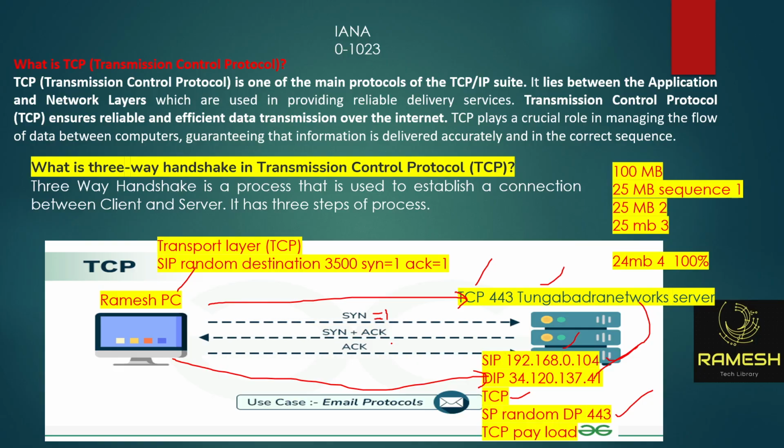In a real-time scenario, you are trying to ping the server IP address 34.120. That is layer 3 reachability, but you cannot establish the application. If you try to browse it, the web page is not loading, but you are able to ping the server IP. You are not able to load the application. So ping is a layer 3 protocol. It will check only layer 3 reachability, not the application. What is the application? This is TCP.